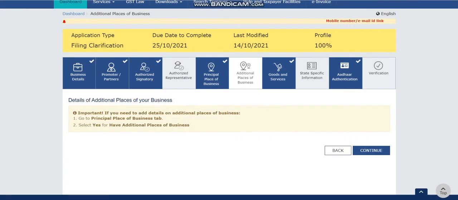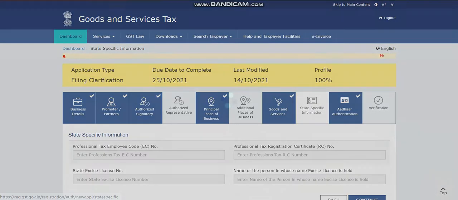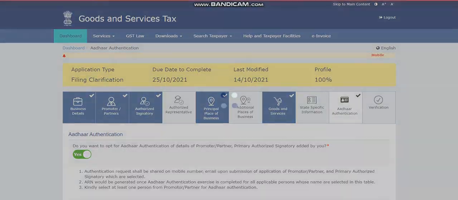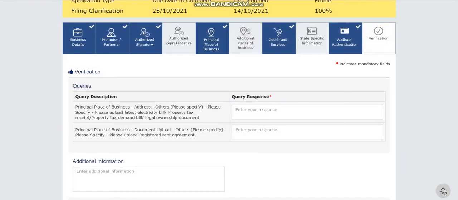So now whatever the questions were asked or whatever the clarification was required, we have just filled it, and we can just save. We can click on the continue button. And whatever the response is required, you can just enter it. Like for the legal ownership document we attached it, so we can just enter the response, document attached.